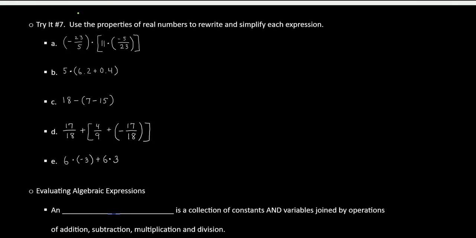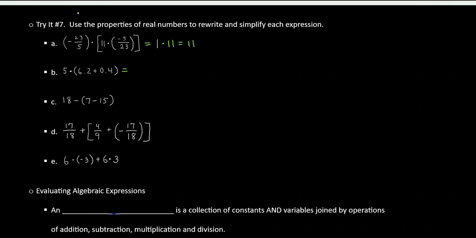if you recognize negative 23 over 5, negative 5 over 23 is the inverse of this first number. So if you multiply this number times this number, you get 1. So all you have left is 1 times 11 equals 11. And it's important to start recognizing these multiplicative inverses. It saves you a whole lot of time instead of multiplying 23 over 5 times 11 and then times this. So the next one here,